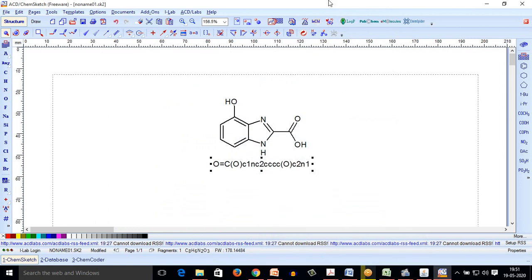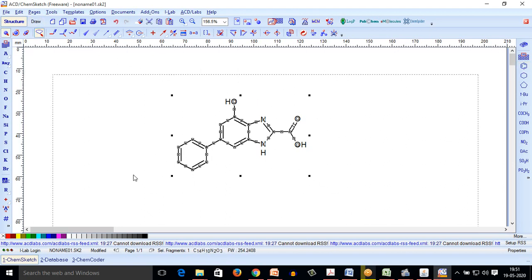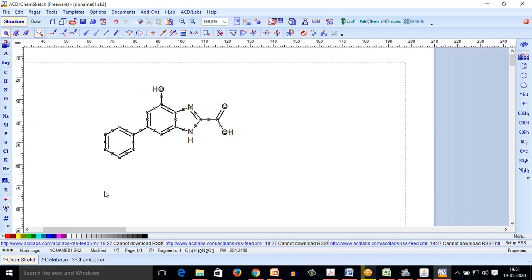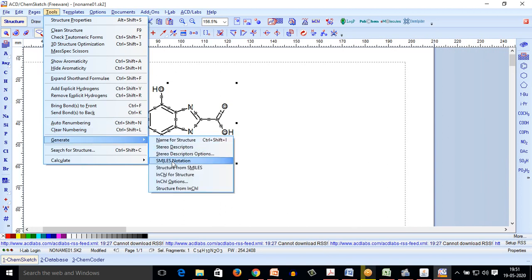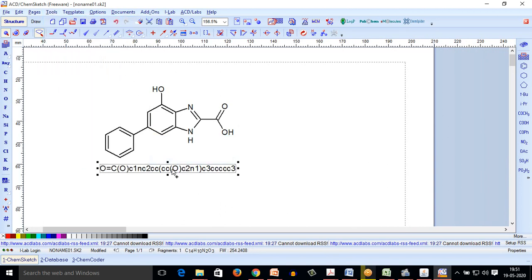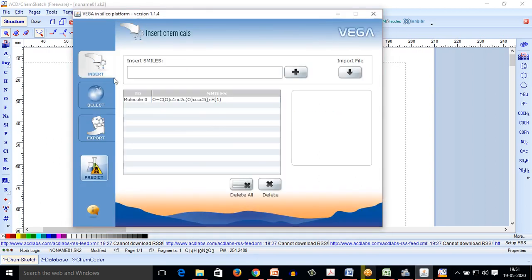A question might arise: what happens if I choose another molecule? Am I able to insert the other molecule also? So I will show you a quick demo for that. As you can see, the complete molecule is being selected. I will quickly go to Tools, Generate SMILES notation. This is the SMILES notation. I am going to copy that, go to VEGA, and say add.